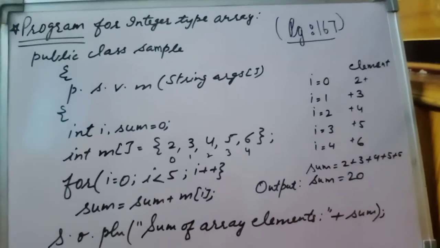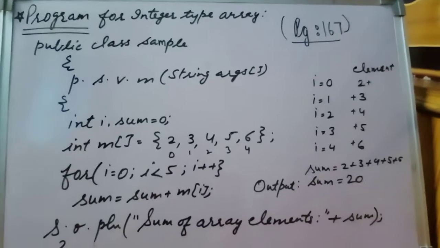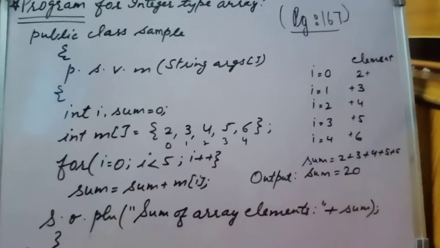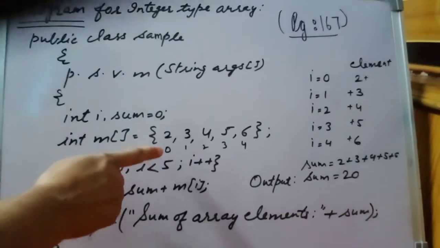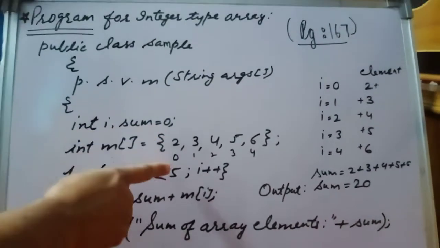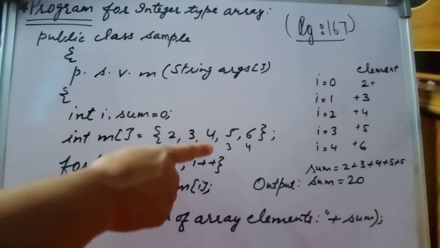For example, 2, 3, 4, 5, 6 are in the single variable m, so they are different on the subscript. As you can see, 2 is on 0, 3 is on 1, 4 is on 2, 5 is on 3,